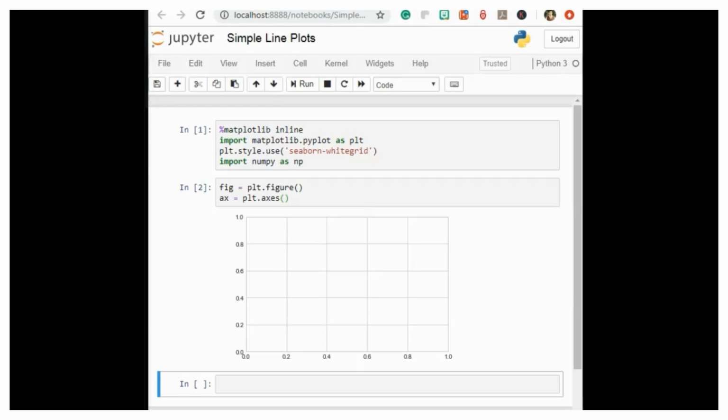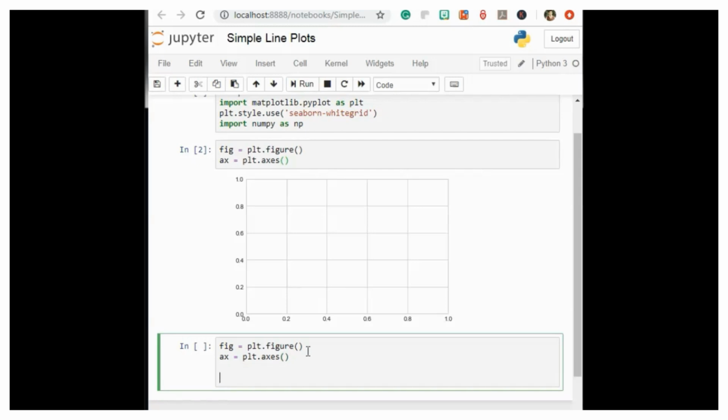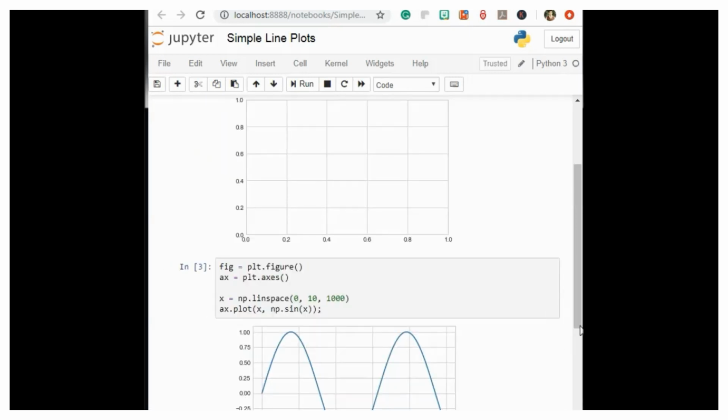Let's start with a simple sinusoid. fig = plt.figure(), ax = plt.axes(), x = np.linspace(0, 10, 1000), ax.plot(x, np.sin(x)). Now we get this,